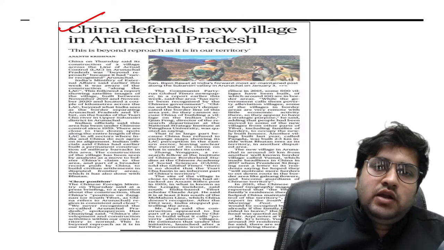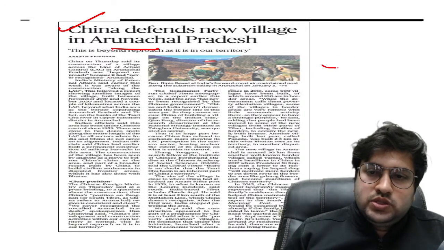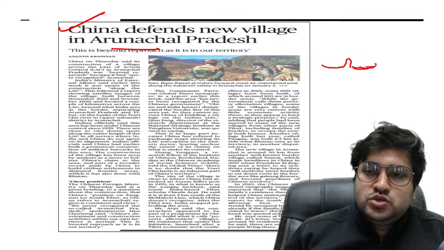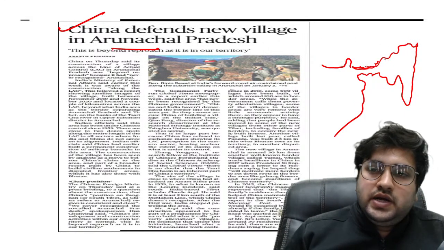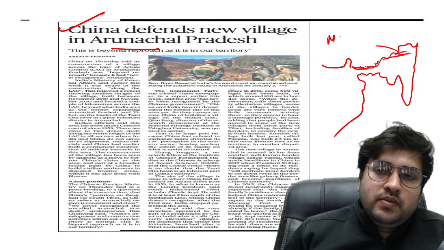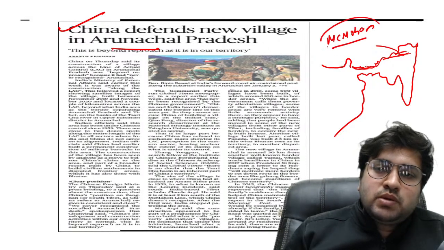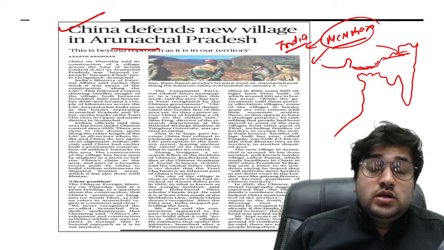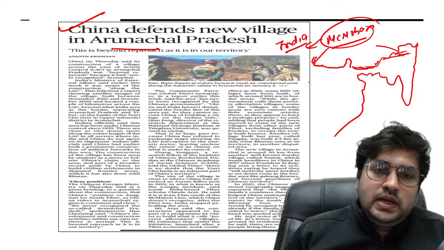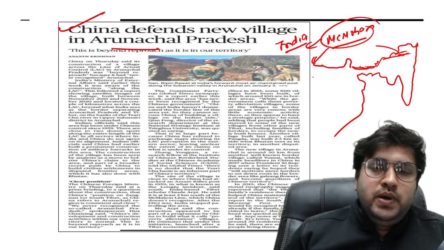Next is about China defending a new village in Arunachal Pradesh. China always tries to follow what we call its expansionist tendency. Along Arunachal Pradesh there is also a line called the McMahon Line, and this McMahon Line is abided by India, but it is not followed by China. China states that such a demarcation is not right, because of the time during which the agreement was signed between British India